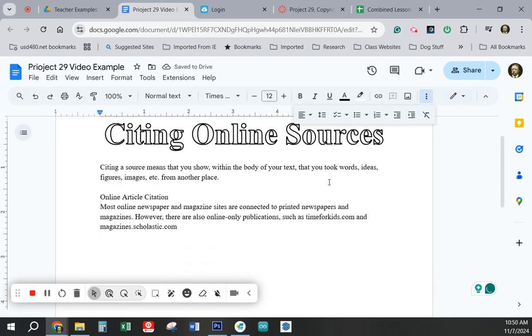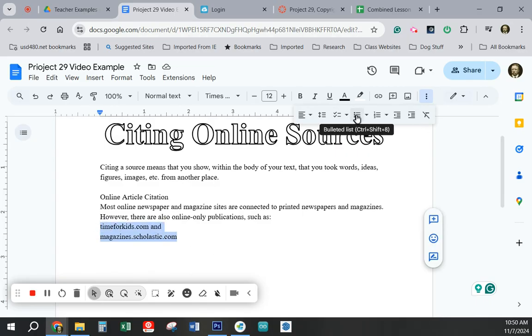Okay, so when you copy something from anywhere, when you're doing schoolwork, you need to say where you got it from. And it isn't just schoolwork. I will tell you, even professionally, you notice I hit backspace, spacebar to bring that together. Even professionally, many times you'll be writing stuff that is well researched, and you need to say where you got the information from. Such as, I'm going to put a colon right there because we're going to put a list under it. Now I'm going to hit enter there, and I'm going to grab these two right here,